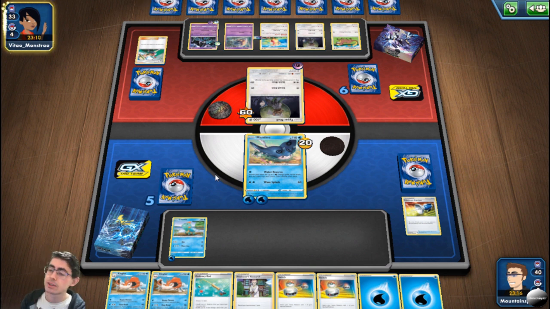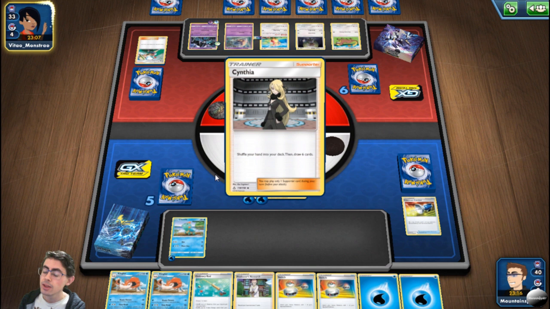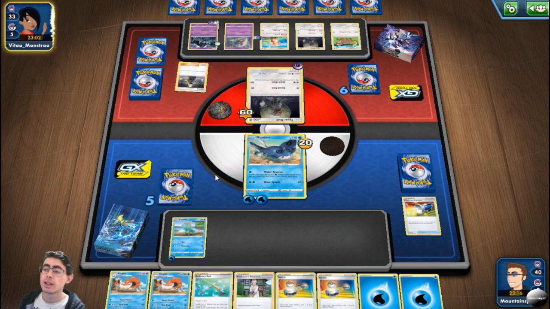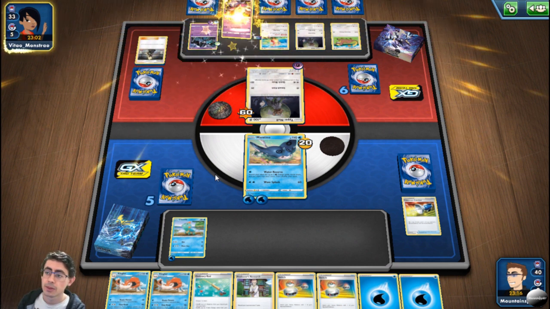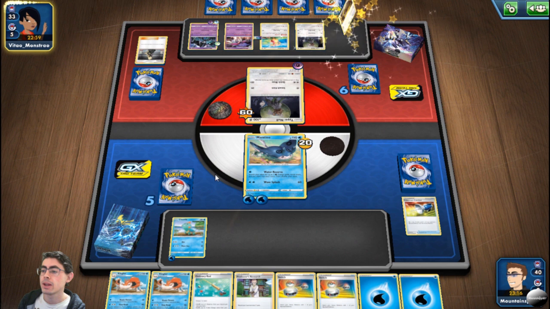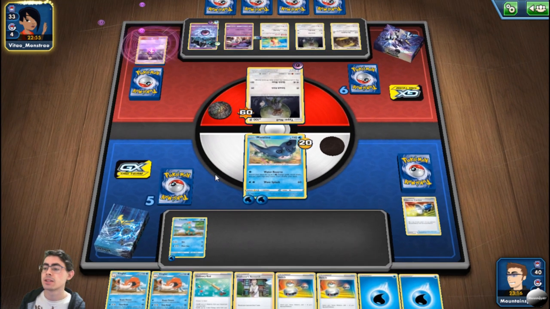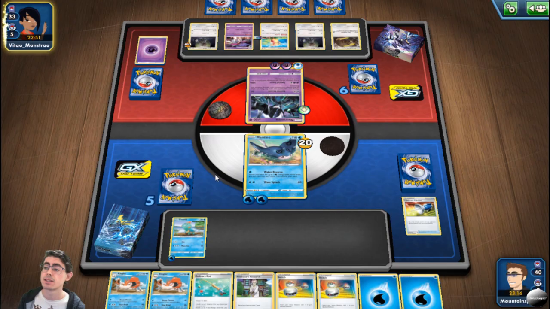Now, looking at how this deck performs. The Inteleon deck performs well in the ladder because it's good against the Cinderace deck, and it's good against the Charizard deck. What makes this deck so powerful, and I've said it previously, and I said it in my first impressions for this deck, is the fact that it's not weak against grass. It's not weak against the